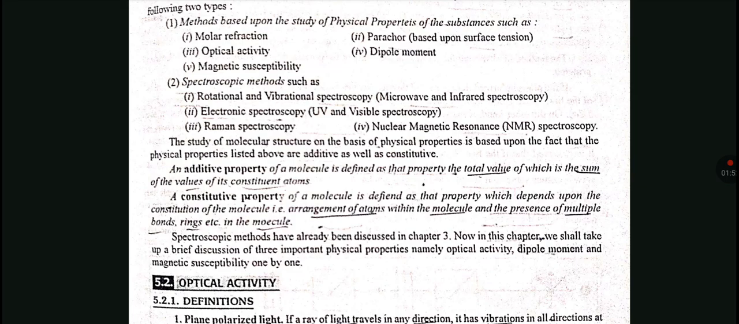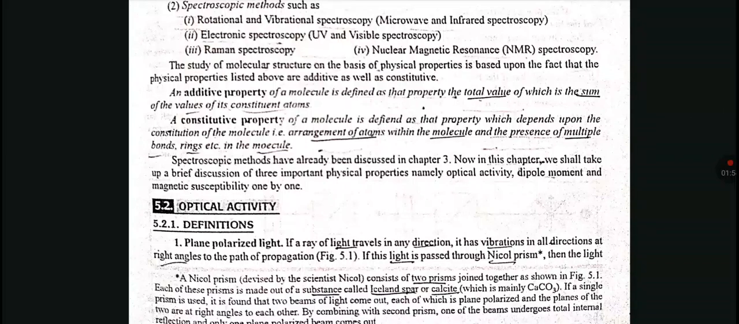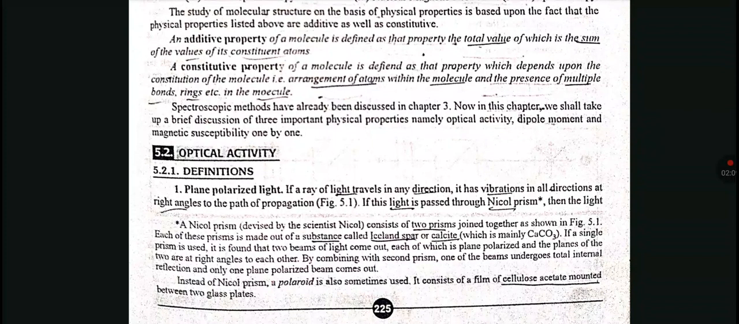Let's start. Optical activity. Definition. Plane polarized light. If a ray of light travels in any direction, it has vibrations in all directions at right angles to the path of propagation. If this light is passed through a Nicol prism, devised by the scientist Nicol, which consists of two prisms joined together as shown in figure 5.1,